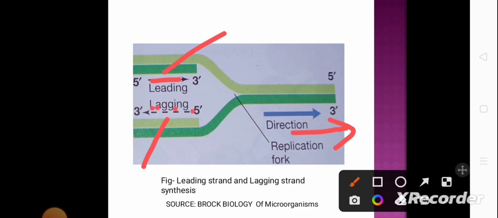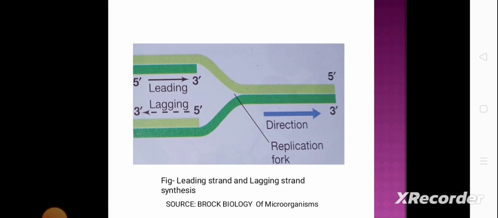And this is the direction of replication fork movement. Here it is saying that the leading strand is synthesized towards the direction of replication fork movement, whereas the lagging strand is synthesized opposite to the direction of replication fork movement. Okay, and this image is taken from Brock Biology of Microorganisms. Okay,